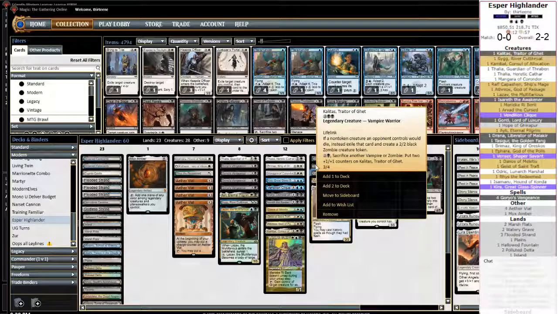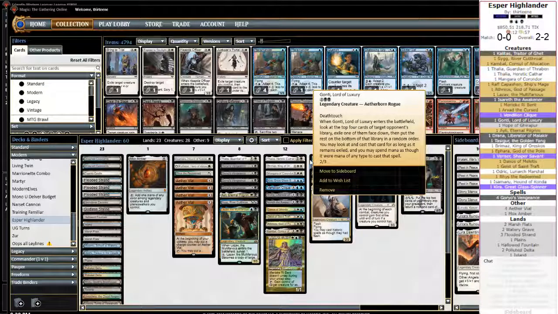Kalatos has been a part of Jund. Like, he has a home in a lot of different places. He's incidental hate. He's a lot of advantage. He has a relevant body. For 4 mana, he does a lot. Gonti, being able to steal one of our opponent's cards never came up, but being a 2/3 Deathtouch was relevant. We would have been able to cast him in the, I believe, Zoo matchup, but we didn't get our